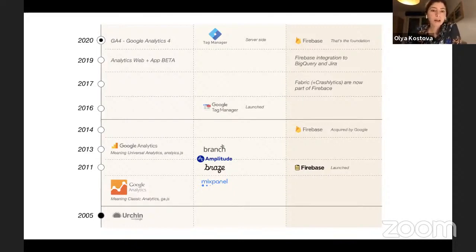Then in 2016, Google Tag Manager was launched for the first time, and since then, lots of cool tech companies would say that Google Tag Manager is not cool enough, and that you should use server-side Tag Manager, which is Twilio or Segment. But in 2020, Tag Manager became server-side as well, and they just recently announced that a couple